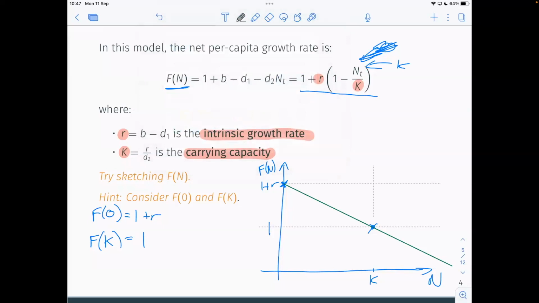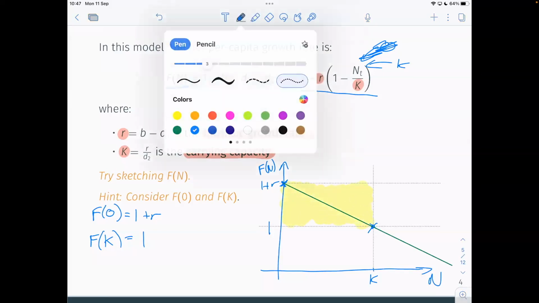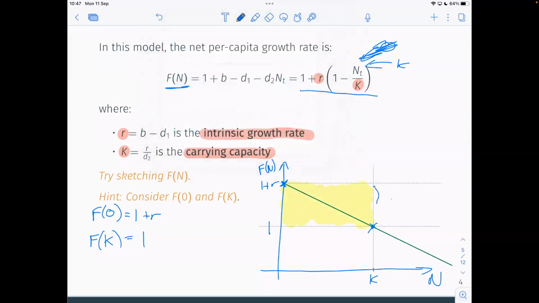Let's divide this up a little bit more and think about what it actually means. So I'm going to split this into some quadrants here. If we think about this net per capita growth rate, if each individual in the population is producing, on average, more than 1 surviving individual in the next generation, then the population is going to be growing, right? So that means that when we're above 1, in this region here, we're going to have growth. The population is going to be growing. So that means when n is between 0 and k,